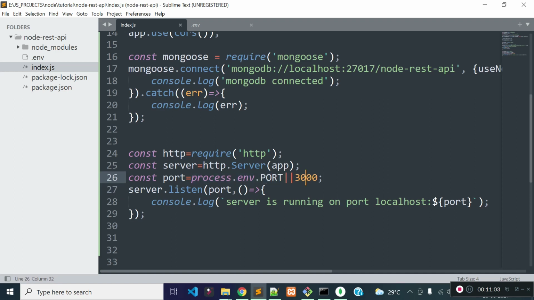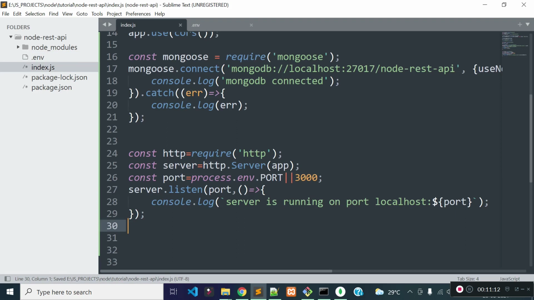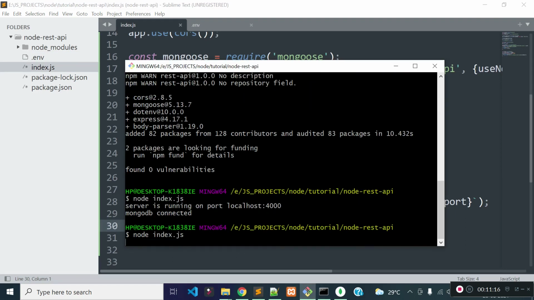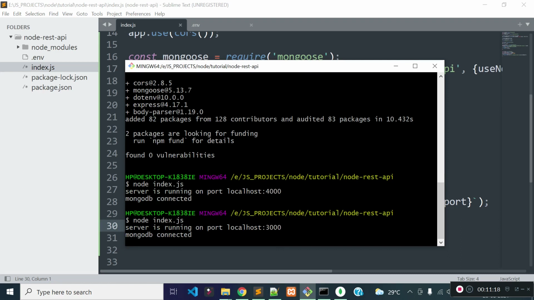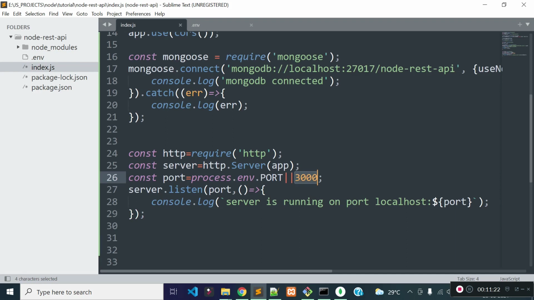Okay, and the default port is 3000 if no port is defined inside this .env file. Let's see what we are getting. Let's stop the server and start it again. Now you see we don't have any port defined inside our .env, and our default port is working.